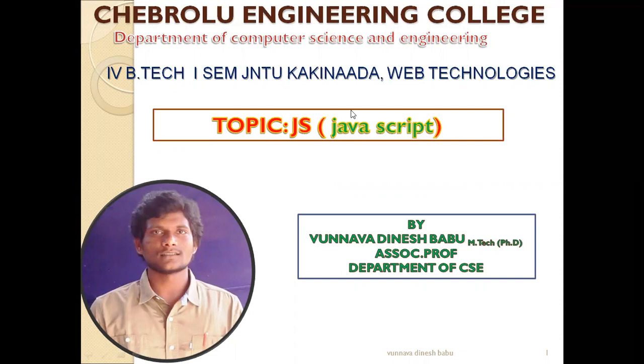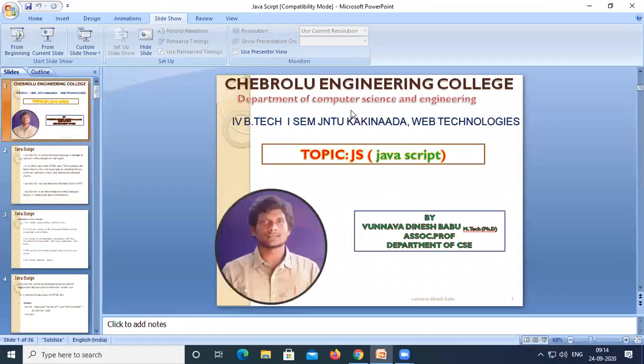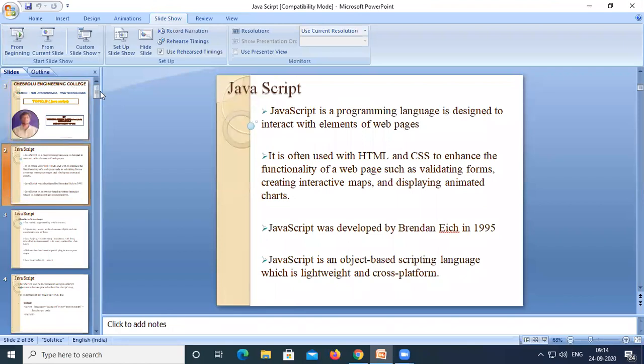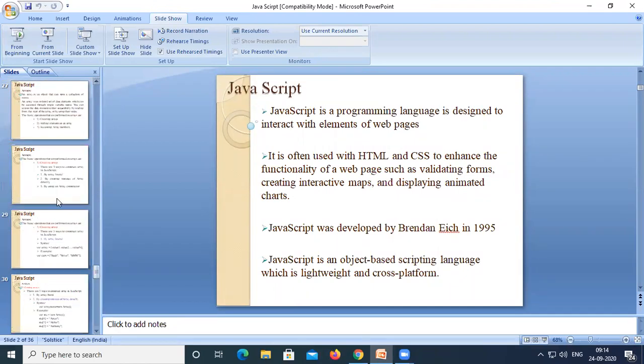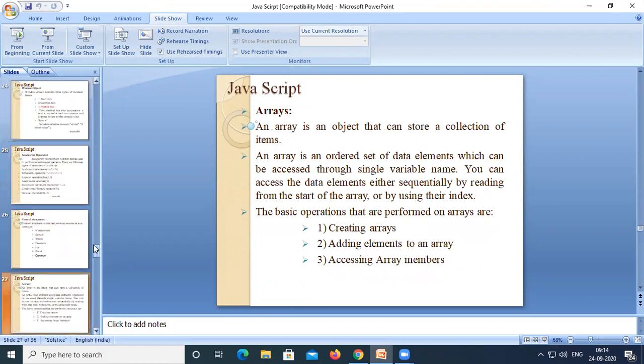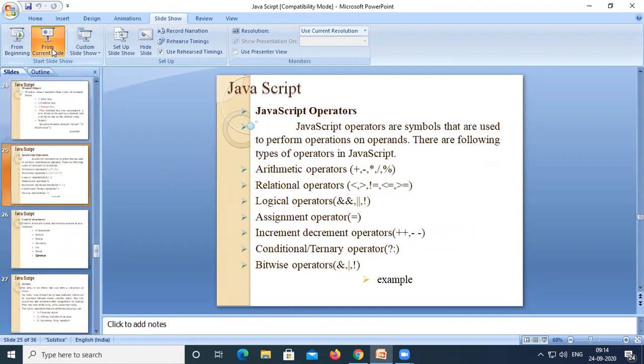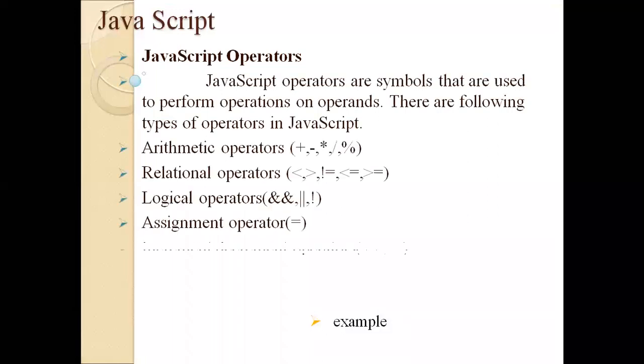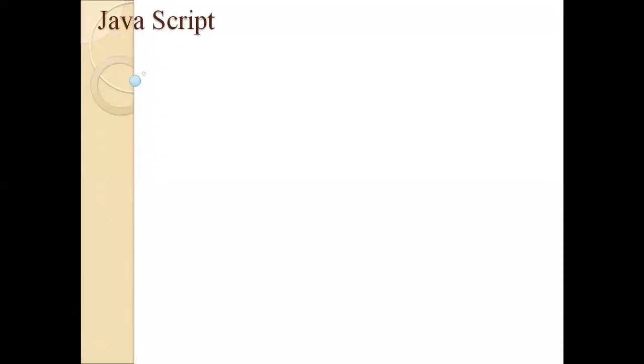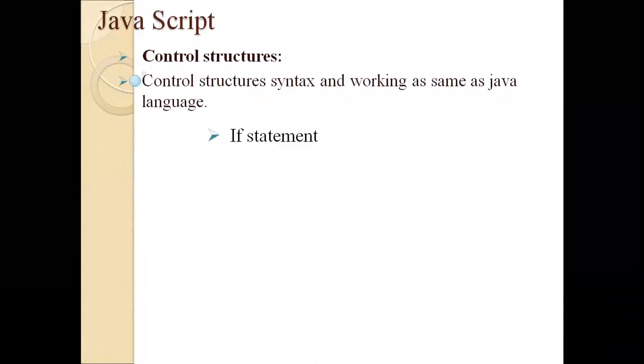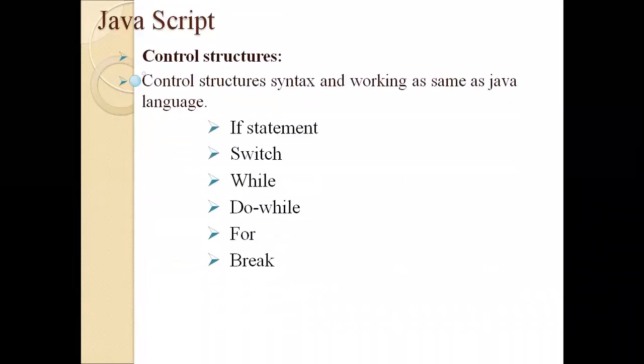Before going to today's session, let us revise what we discussed in the previous session. In the last two sessions, we covered control statements in JavaScript. Before that, we covered operators in JavaScript. We all know that control statements are divided into three categories: selection statements, iterational statements, and jump statements.